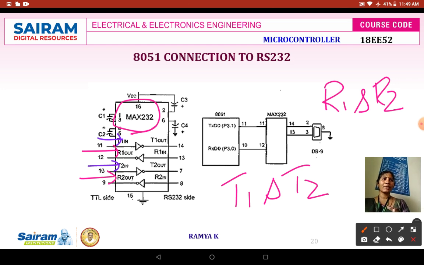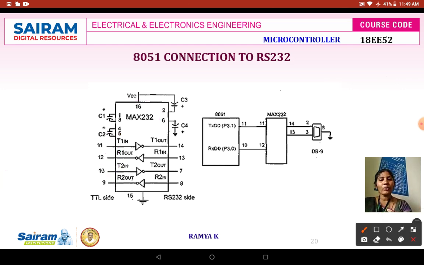For example, if I am going to use T1 and R1 together, it is used for transmitting in channel 1 and receiving the data in channel 1. The second set can be left unused. So any one set can be used together for transmitting or receiving your data.